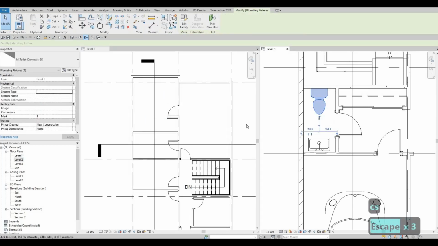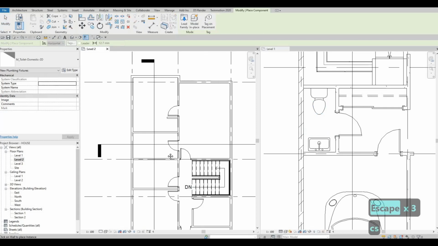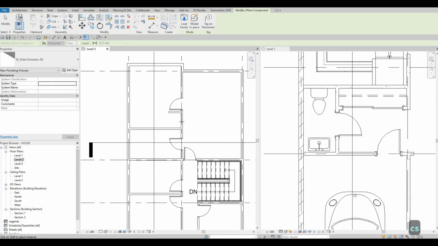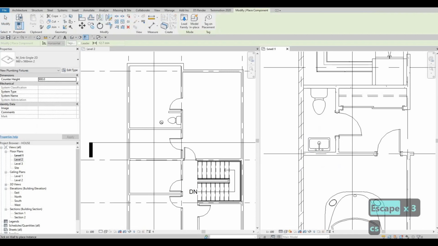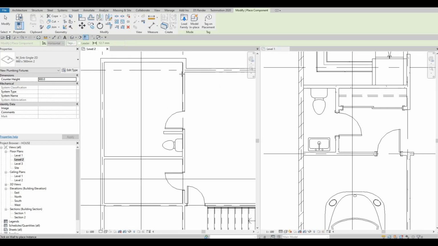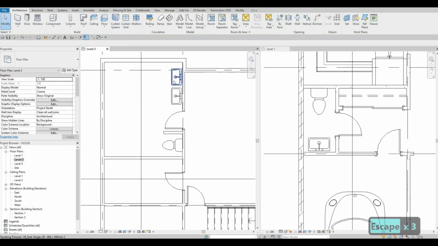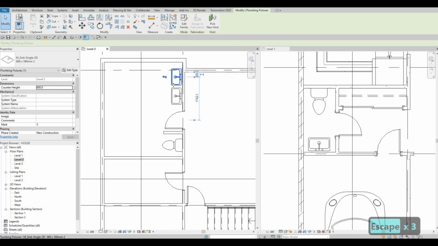So for example here, CS, and then click it on the other side, you'll be able to add it. Something like that. Press escape, do it again, select this, CS, and then now you just need to click on the level 2. So basically you're grabbing it from the other side, which is a lot faster. So that's some technique that we do in the office so that it's easy,